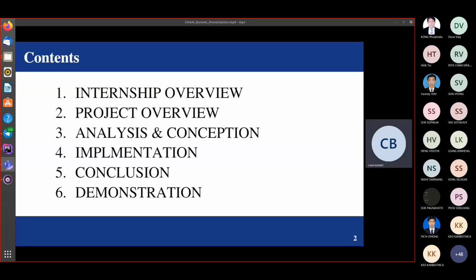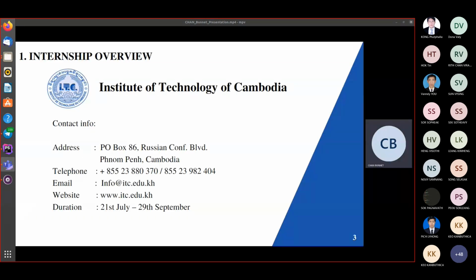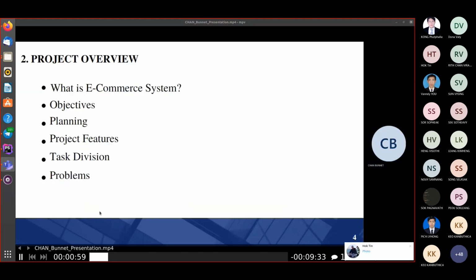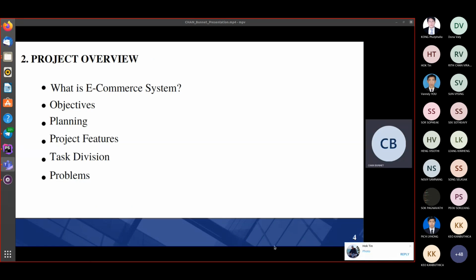The project overview, analyze, and consulting. First, I would like to talk about the internship overview. July to 29 September 2021. Institute of Technology of Overview. For project overview such as what is